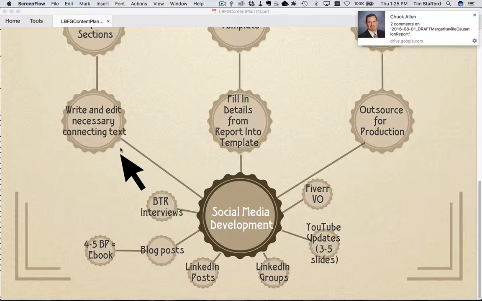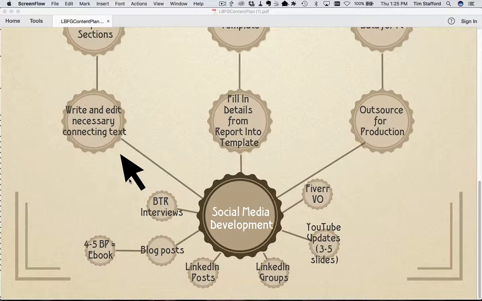So then the Blog Talk Radio interviews become a catalyst to write more articles, because all we do is take that text, do the same thing here, write and edit the necessary connecting text, and we have another article. So I think these Blog Talk Radio interviews are going to be important that we begin those, and even if